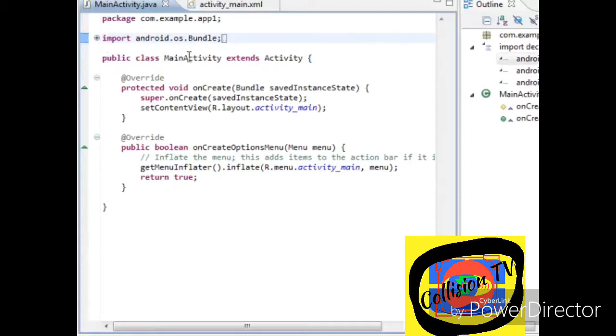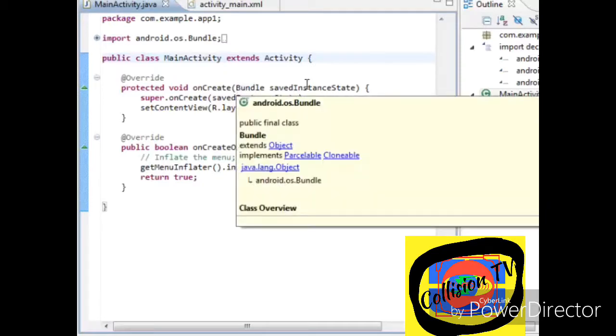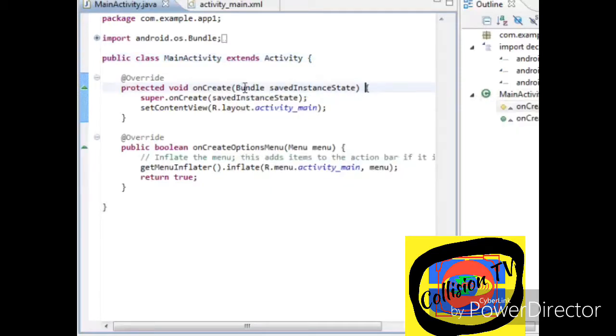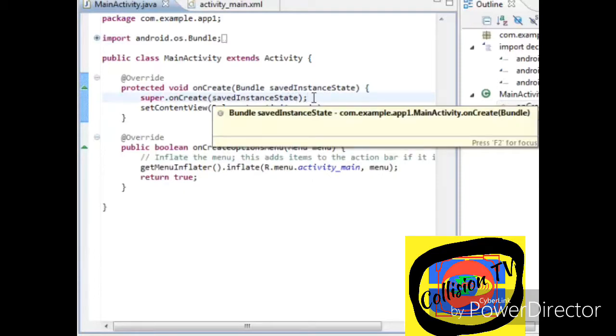Public class MainActivity extends Activity. So we are inheriting from the Activity class, and we have a method onCreate. It is a protected void method onCreate, with Bundle savedInstanceState as the parameter, and in this class we have super.onCreate(savedInstanceState). This means that it is creating it from the saved instance,